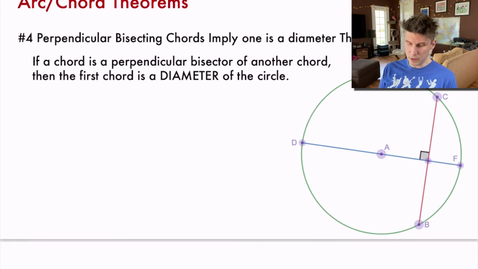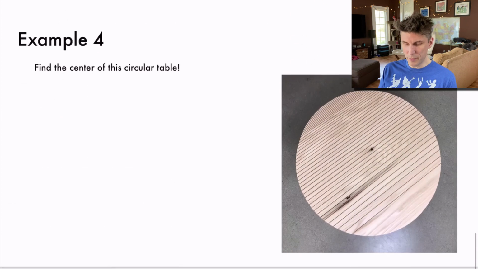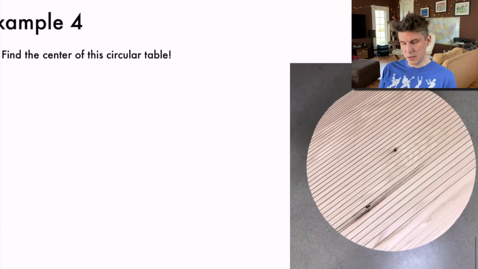But lastly, we talked about being able to determine if something's a diameter, given a perpendicular. Given that a chord is perpendicular to another chord, or a perpendicular bisector of another chord, then it has to be a diameter. So this last example is an